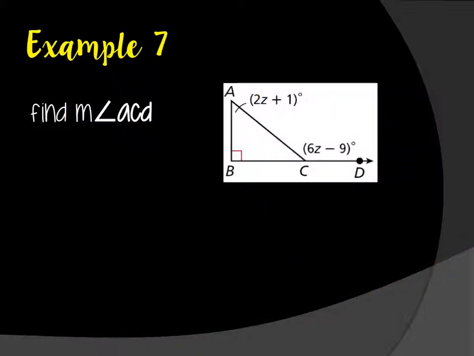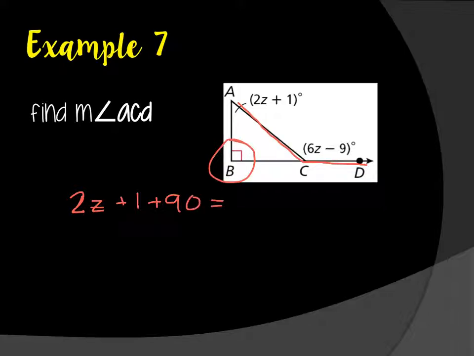Let's do another example. Find the measure of angle ACD. So we have angle ACD. What equation do we need to set up to find this angle? 2z plus 1 plus 90. Right, so 2z plus 1 plus 90, because the other remote interior angle is 90,